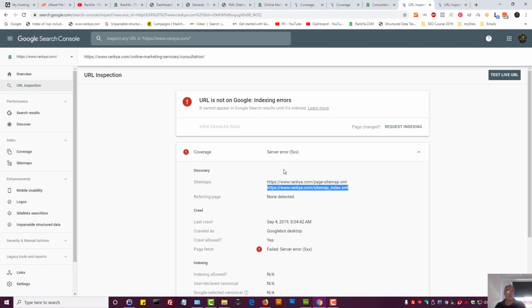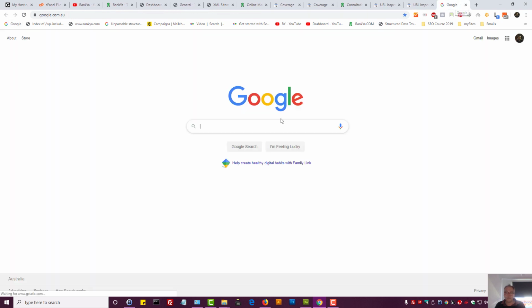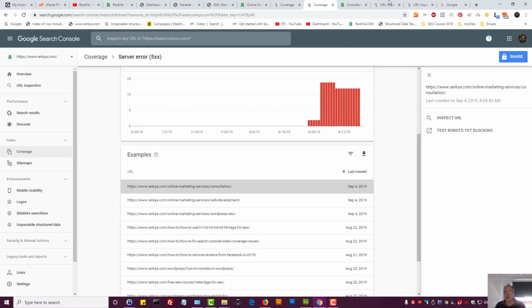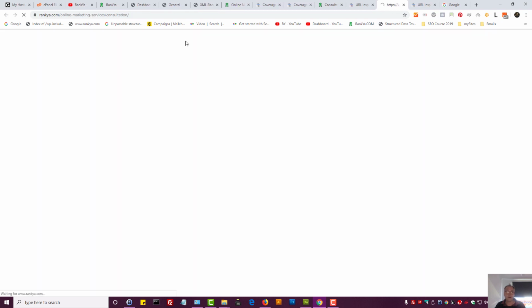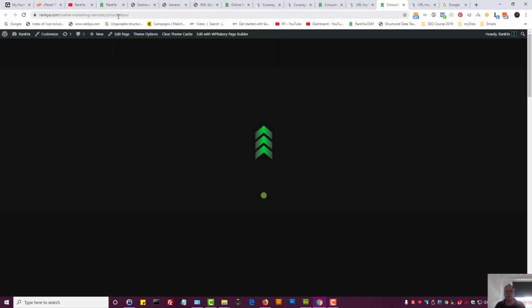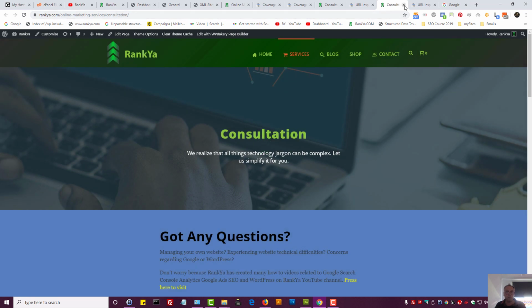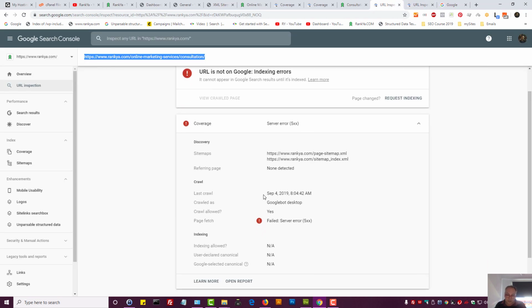Because these errors are absolutely critical. Because that's what Google is saying: if we can't index the URL, then it's not in Google's index. That means when people search, Google is not going to show it. In this example, it was this URL, which is very important, a URL on the rankia.com website. It's part of the new services consultation, right? So I want people to find this in Google, right? Well, here it's saying on September 4th, we just couldn't see the page because all we saw was a